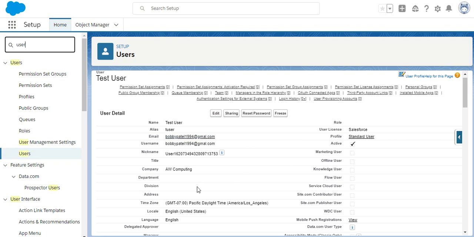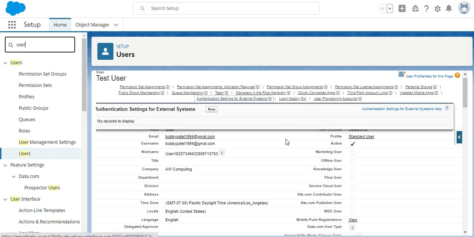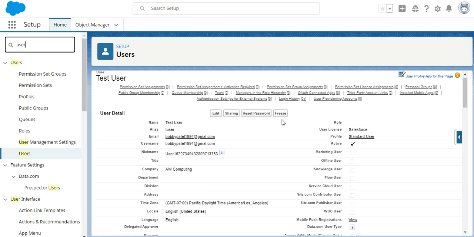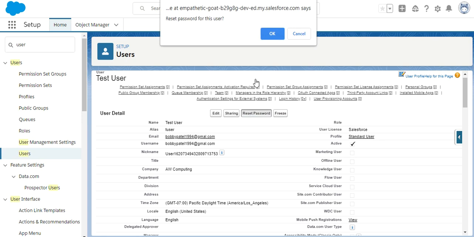But suppose I immediately want to stop the user from logging into Salesforce. In that case, we can freeze this account, so the user cannot log in. So we can deactivate the user, we can freeze the user, but we cannot delete the user. We can reset the password from here.